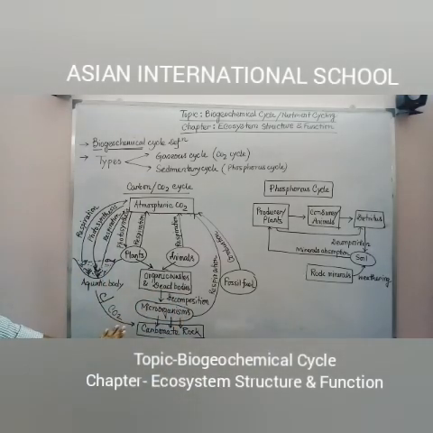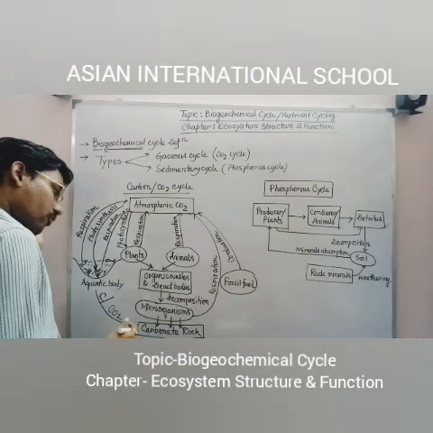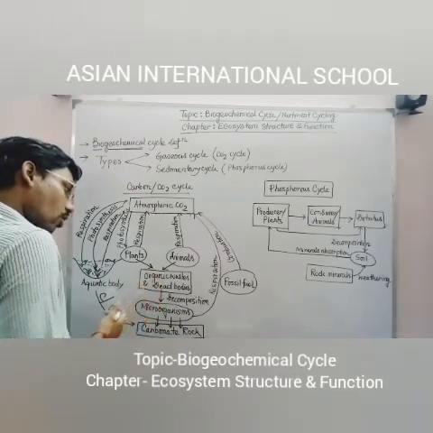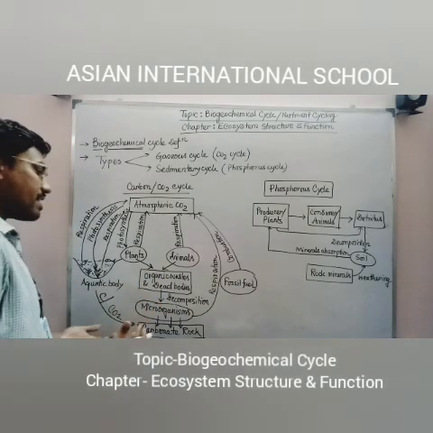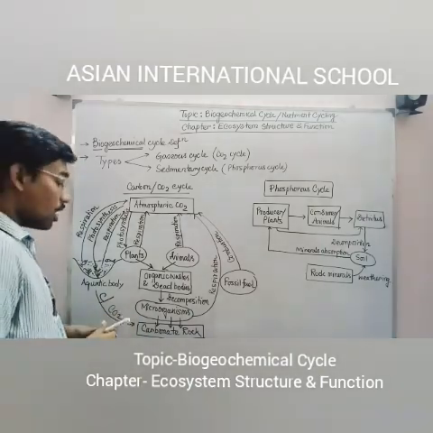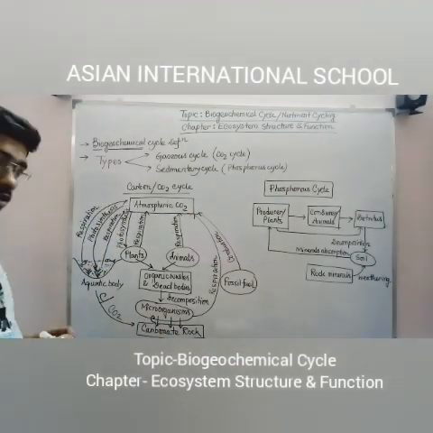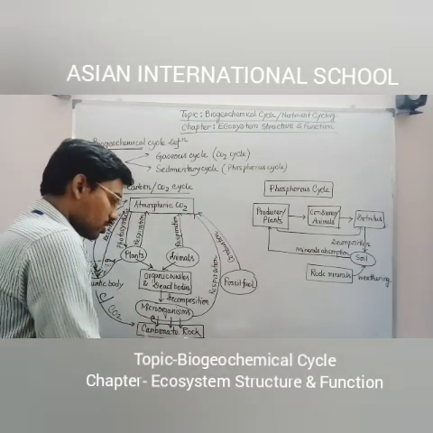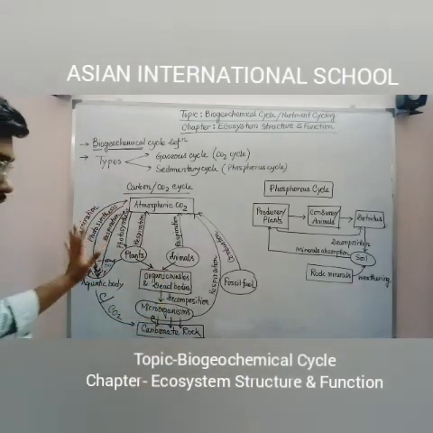So that carbon or carbon dioxide is getting added into the carbonate rock, as well as in the previous step I have told the microorganisms are decomposing the organic waste and dead bodies. So from there also they have got carbon, because each and every organic substance is made up of carbon. Without carbon it's not possible. So by the help of microorganisms also carbon is getting added into the carbonate rock. That means carbonate rock is forming just below the soil. So this part I think you have understood properly.